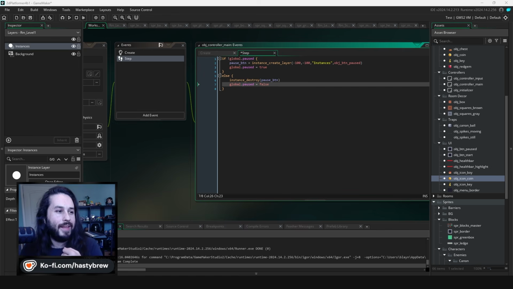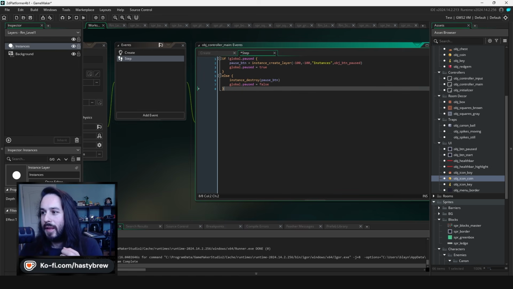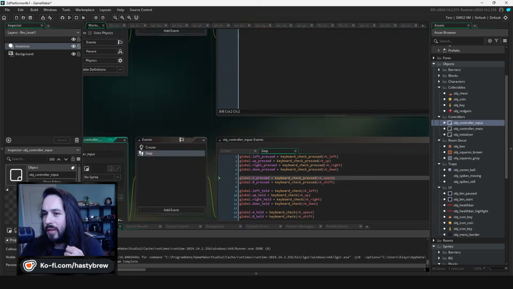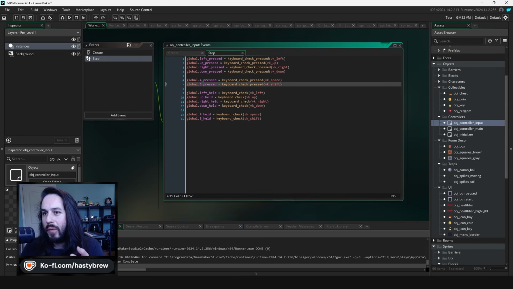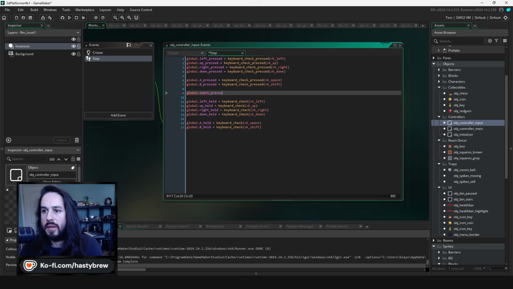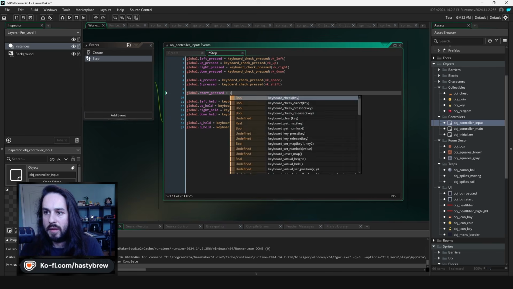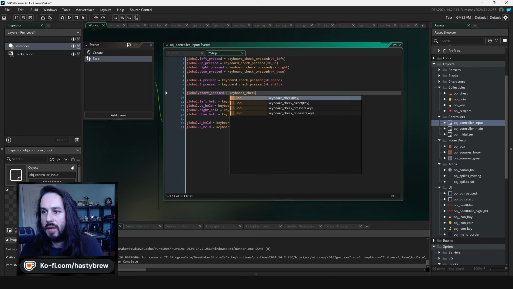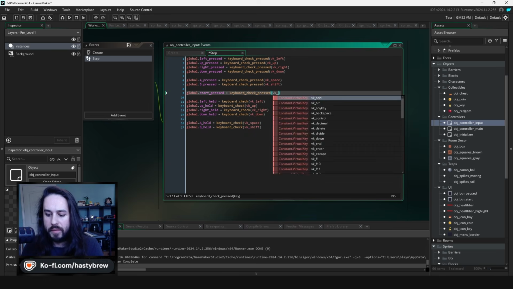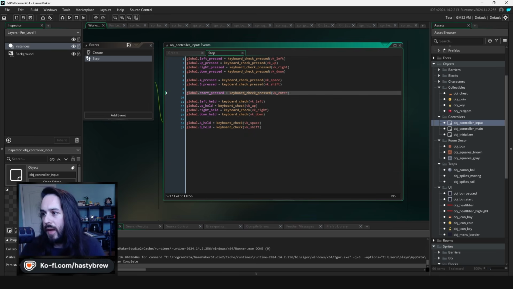Oh, okay. Yeah. Let's see. Let's come back here to object controller input. And yeah, we're missing something here. global.start pressed equals keyboard check pressed VK enter. Okay, now we can come back